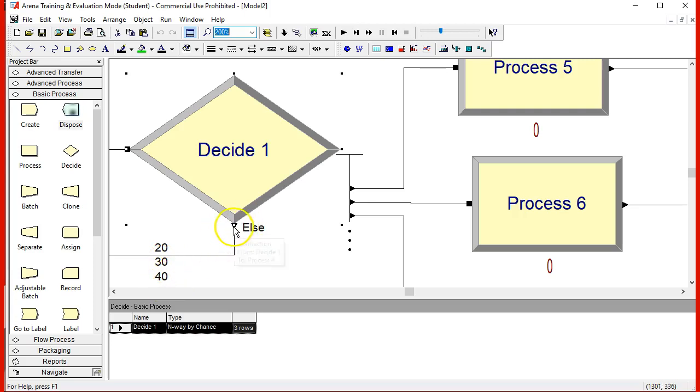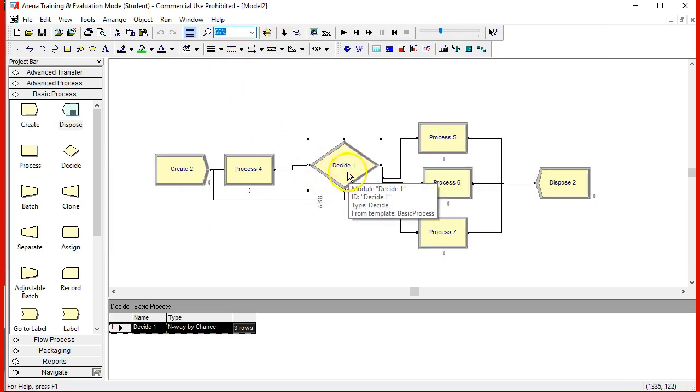But there is another one that is marked as else. That is, in case none of those three happen, what will happen with the remaining, in this particular case, 10%. And what I did in this module is I routed that to be going back to the previous process, and